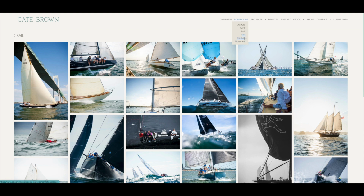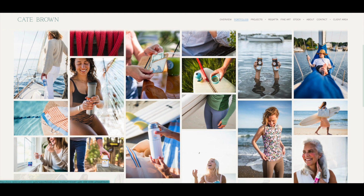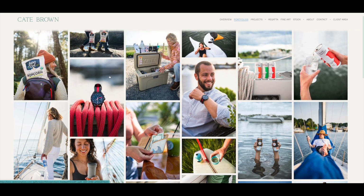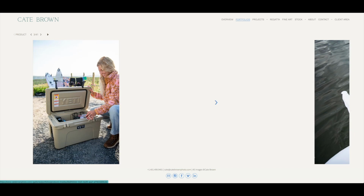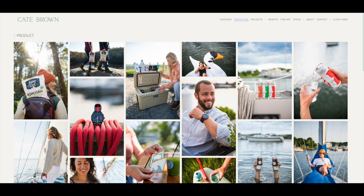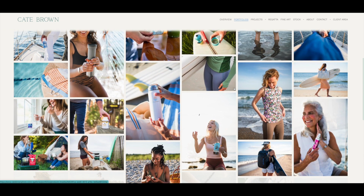And then one new section that we did add, which was really fun to pull together, was product work. I noticed that Cate, throughout some of her client work, had these great product shots. This is not something that's a huge part of her business, but something she enjoys doing, and there's certainly a market for it. So this is a brand new gallery where we pulled together some of that product work all into one place. And I think it makes a great statement to anyone coming to Cate's website who might not think of her in that respect, or knows her maybe through Regatta or something else. Just like, oh yeah, this is a capability this photographer has,